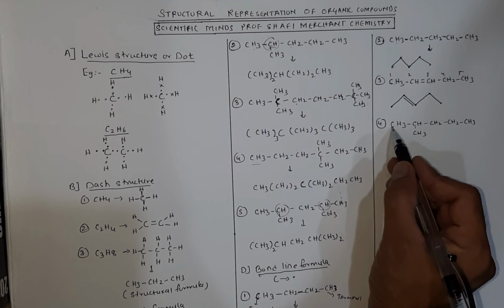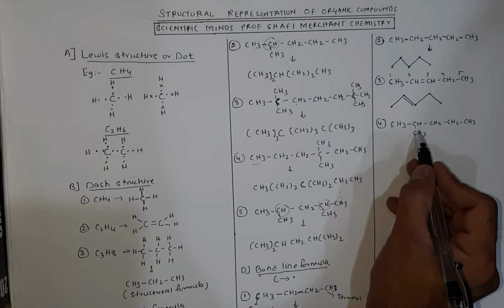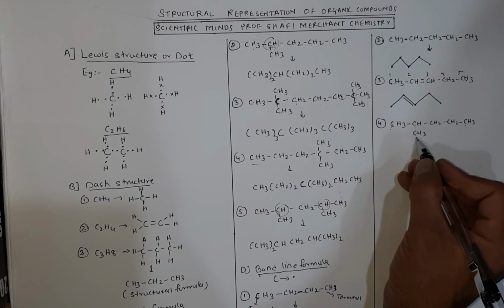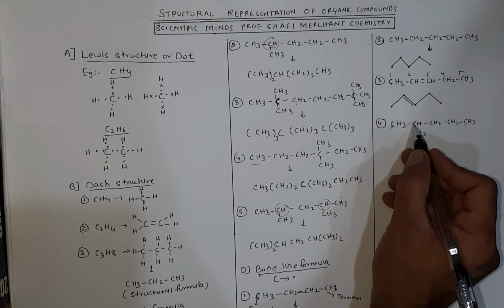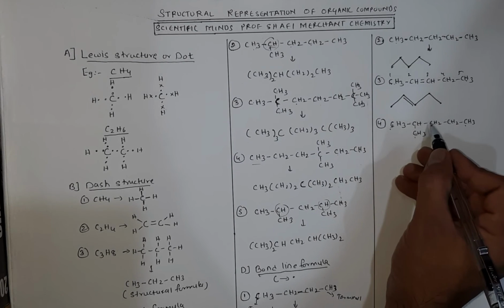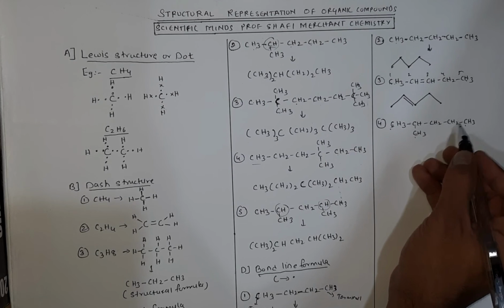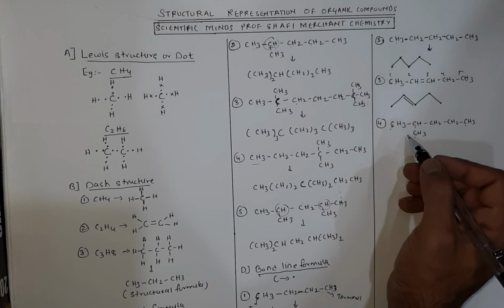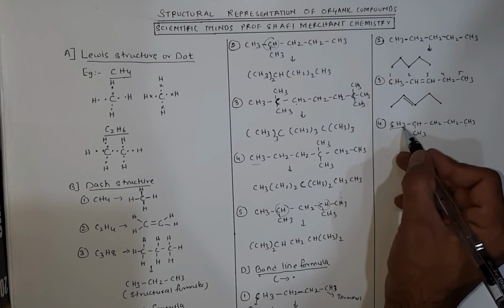So if I start from here, 1, 2, 3, one terminal. This is one of the terminals. This is also one terminal. This is also one terminal. So we start from here, 1, 2, 3, a 3 carbon chain. 1, 2, 3, 4, 5 carbon chain. So maximum you can have 5 carbon chains. This is your longest carbon chain.